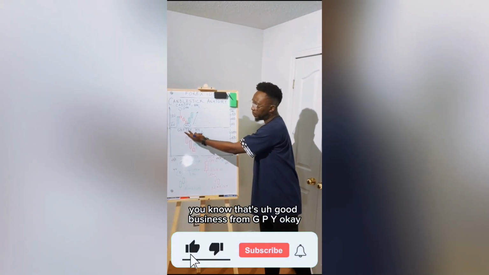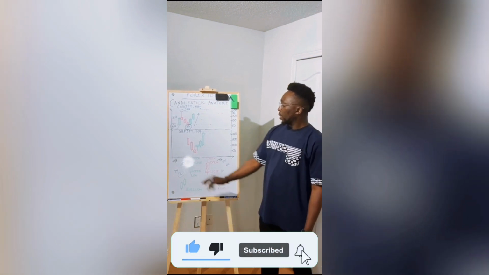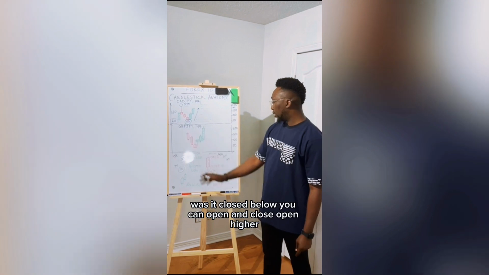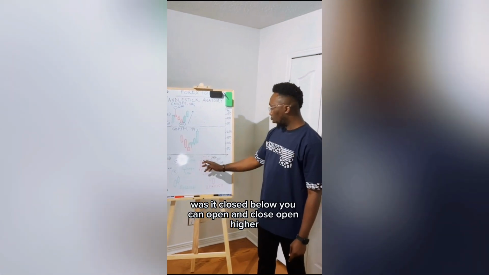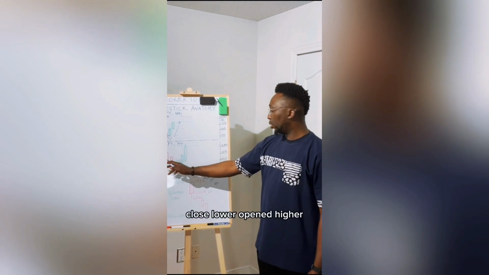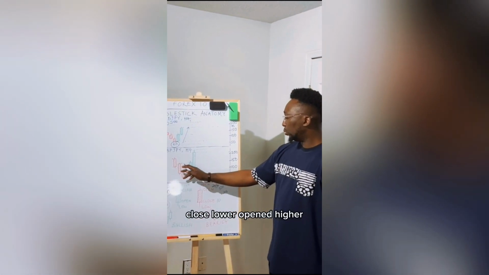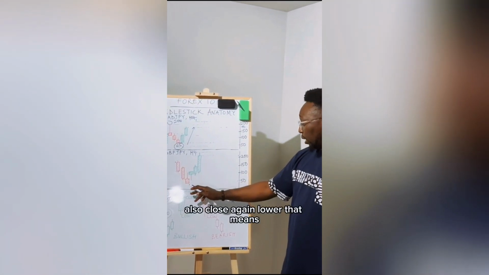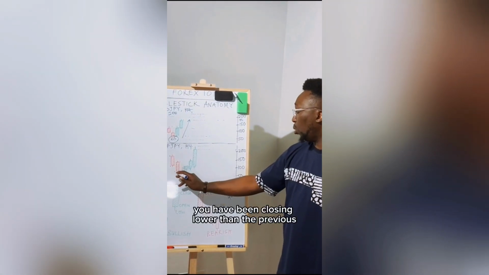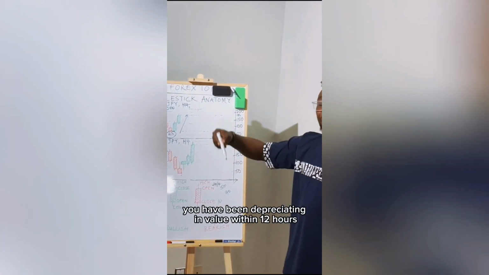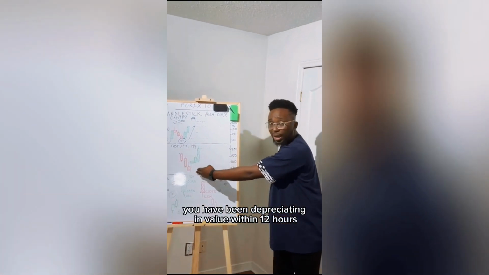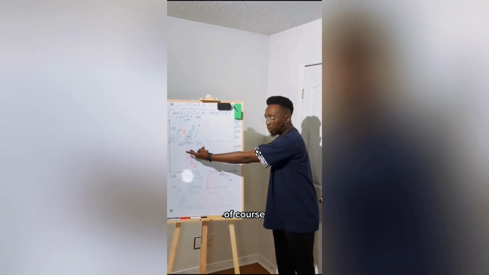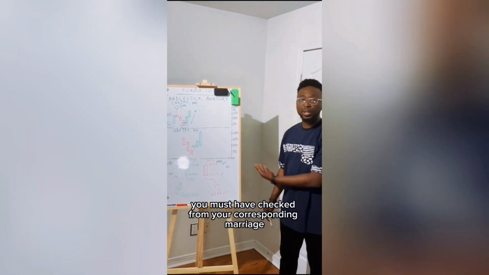You could also look at the same condition applying for the commodity I've highlighted below. That's Great British Pound JPY. The price actually opened here. After the first 4 hours, it closed below. Look at open and close. Opened higher, closed lower. Opened higher, closed lower than the previous one. Also closed again lower. That means it has been closing lower than the previous. It had been depreciating in value within 12 hours. 4 hours, 4 hours, 4 hours. Within 12 hours, it has lost a total of, of course, you must have checked from your corresponding numerics to the right,